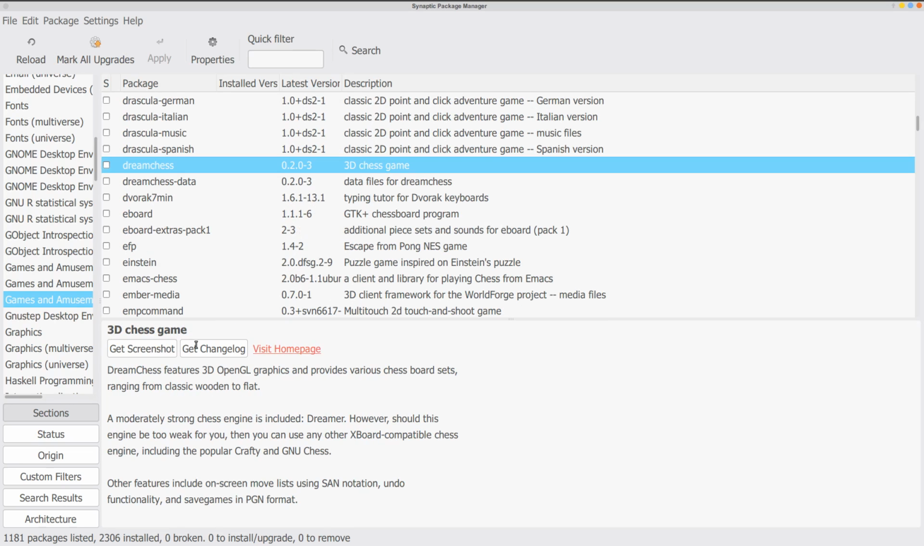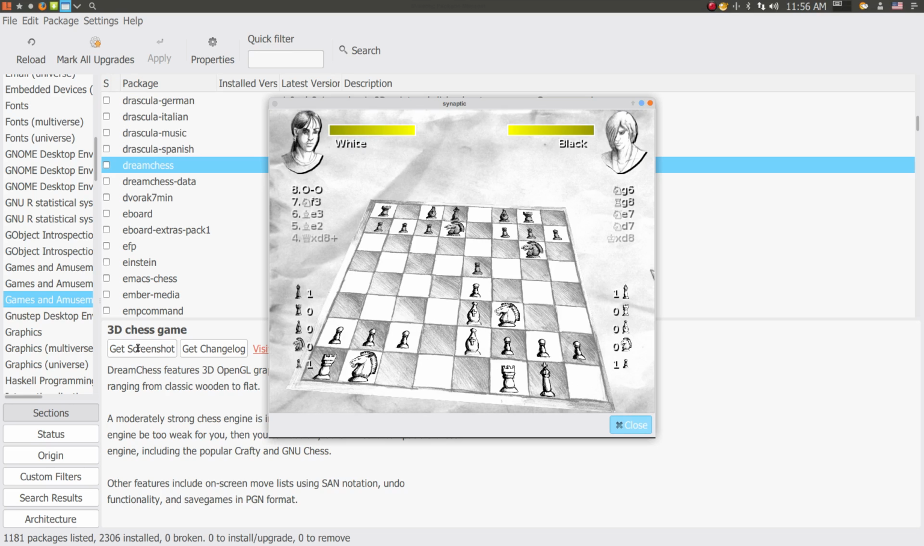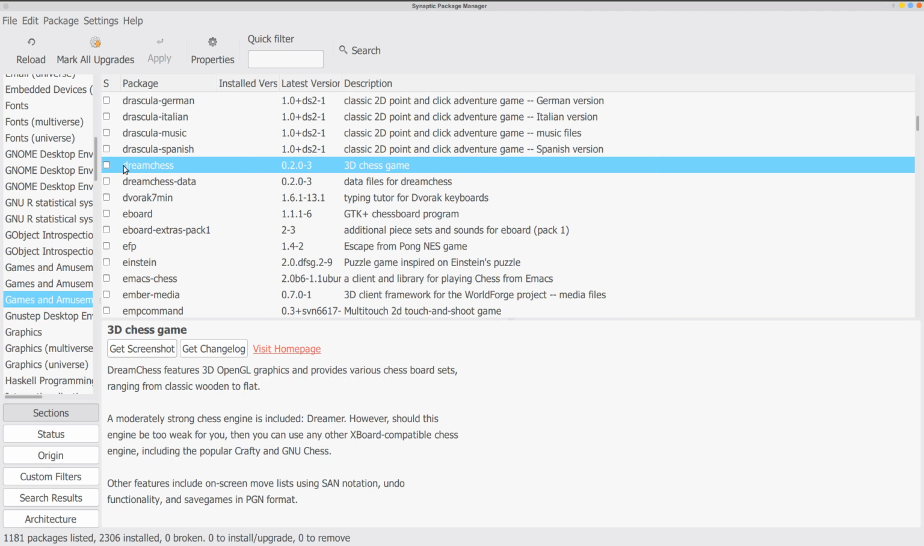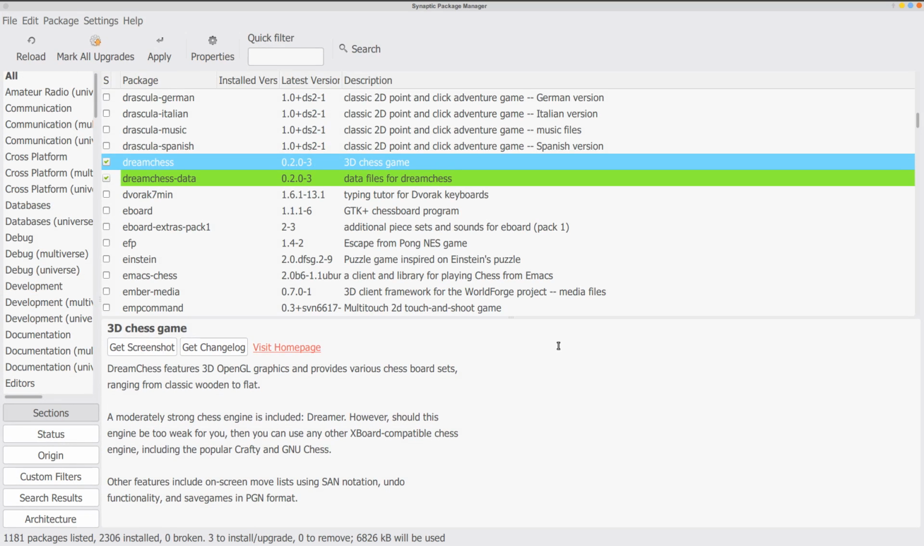This is a good chess game. Look at the 3D here. And of course the graphics are better than this, it's just one version of it looks. Of course you can install it, and if you don't like it you can uninstall it. Like say I want to install it, just go ahead and install,